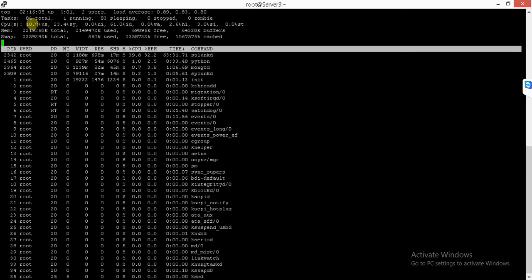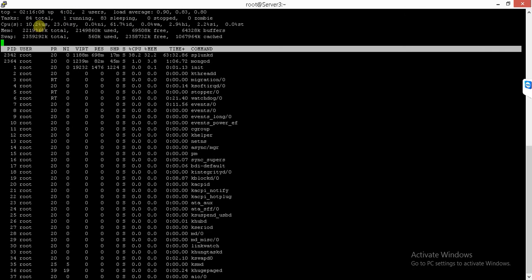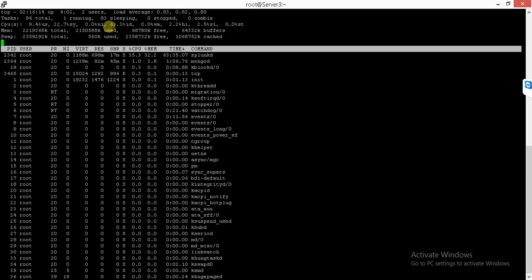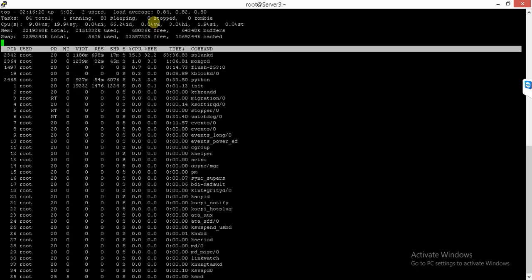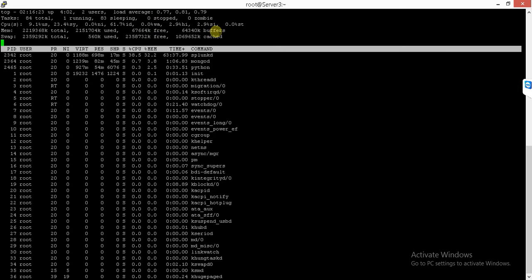See, the CPU consumed by my system now is 10.2. This is system time CPU, this is nice time, this is idle, and this is WA, the wait time. There are various parameters showing how the CPU is consumed on your system.